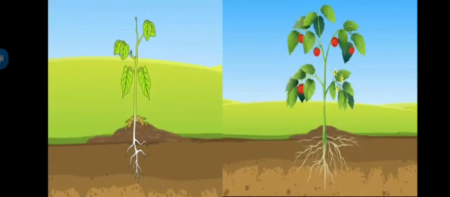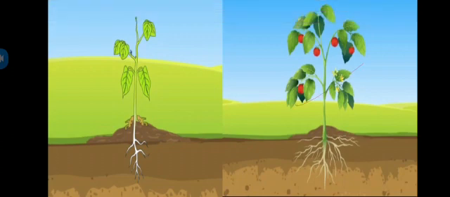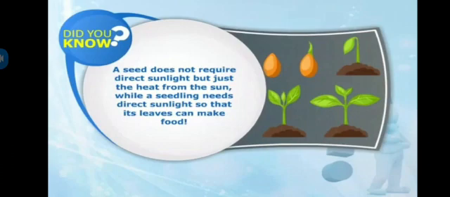In this way the germination occurs and the cotyledons keep providing food to the seedling until the leaves are formed and start making food for the plant. Then there is no stopping. The plants keep growing to give rise to fruits, flowers and then seeds. Okay. So this is all about the germination process.